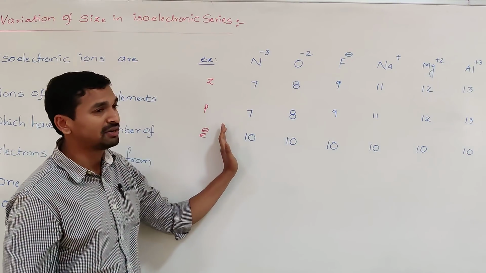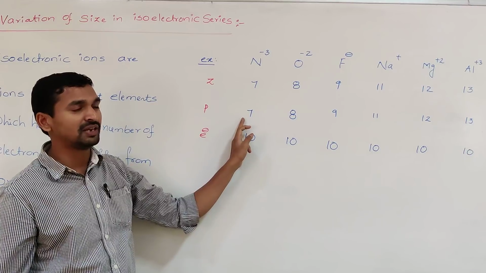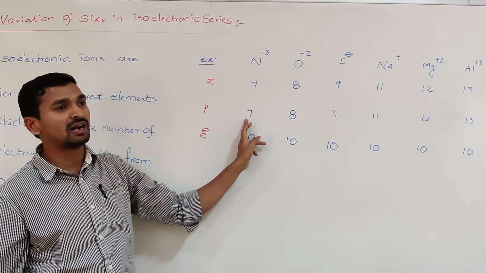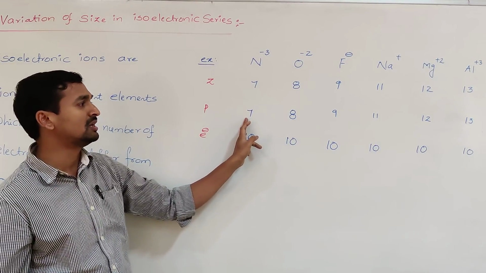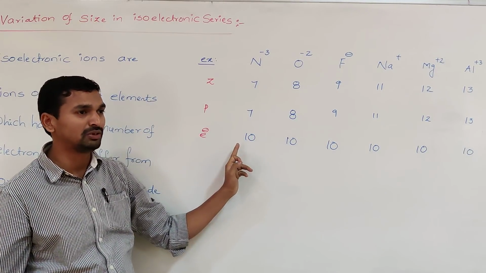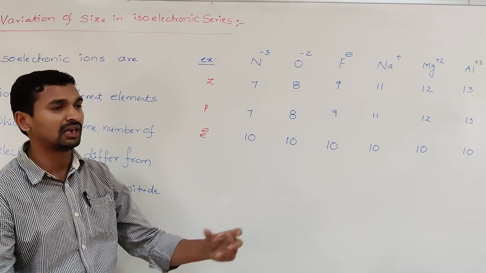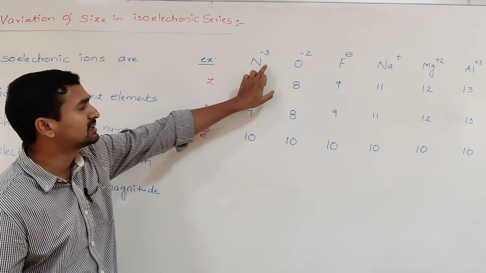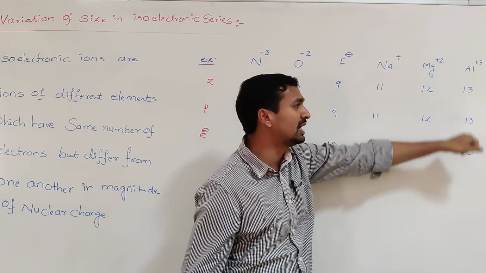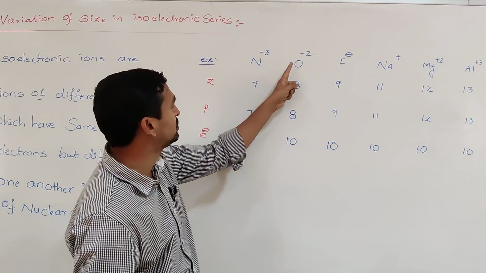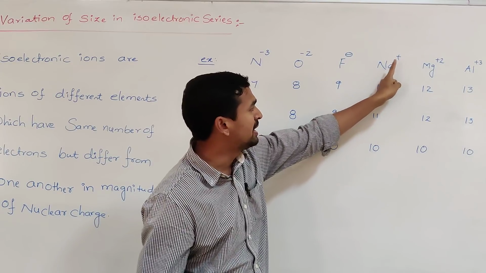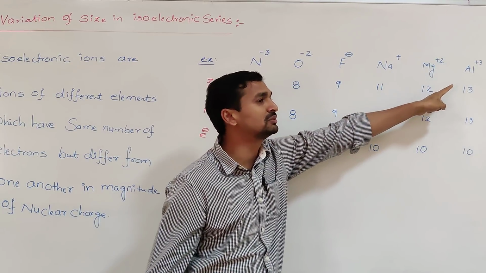But in nitrogen, the positive charge is very low compared to the rest of the ions. That's why here the electrons are not strongly attracted toward the nucleus compared to the rest of the ions. So the distance from the center of the nucleus to the outermost shell is large. That's why N minus 3 is larger in size, and Al plus 3 is smaller in size. As we move from N minus 3 to O minus 2, O minus 2 to F minus, F minus to Na plus, Na plus to Mg plus 2, Mg plus 2 to Al plus 3,